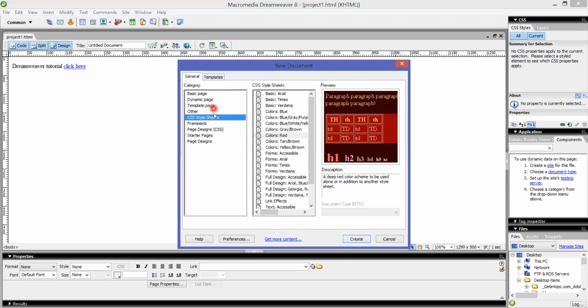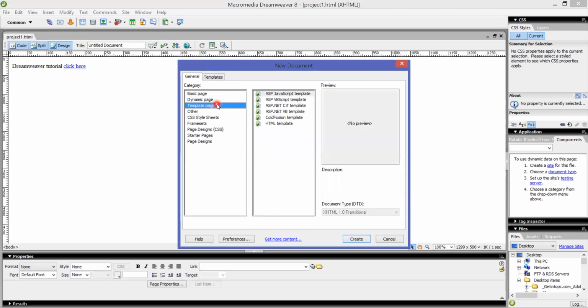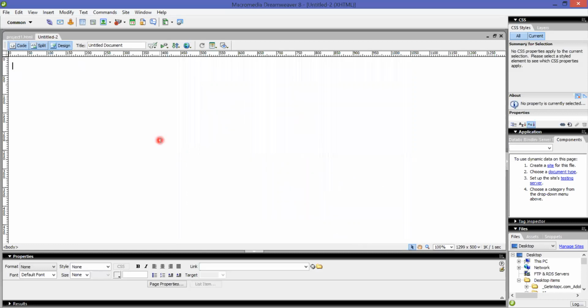Now let me have it as HTML, basic pages, HTML. Okay, it has been created. Here let me type: Hi, myself ABC, working as X, some Z. Like that I've created.